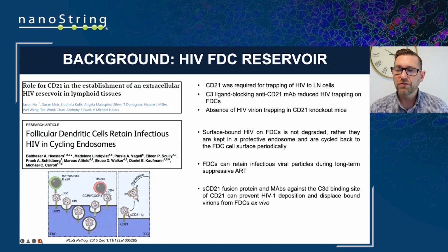Further work by Michael Carroll's group showed that surface-bound HIV on follicular dendritic cells is not degraded, but rather is kept in a protective endosome and cycled back to the FDC cell surface periodically. They also showed that FDCs can retain infectious viral particles during long-term suppressive ART, and that soluble CD21 fusion protein, or monoclonal antibodies against the C3d binding site of CD21, can prevent HIV deposition and displace bound virions from FDCs